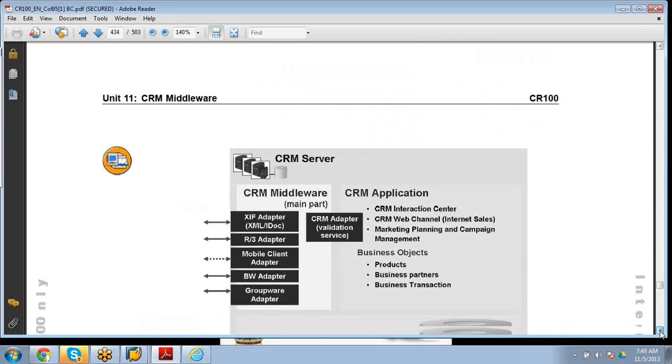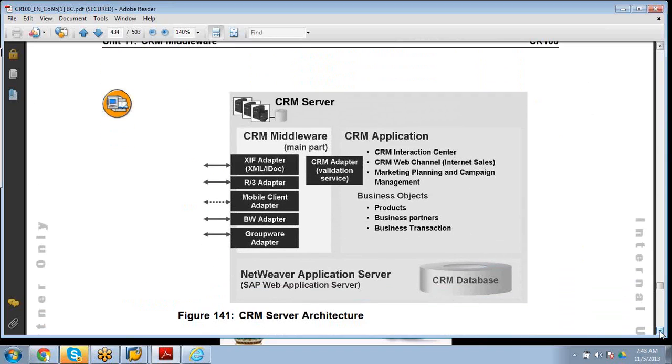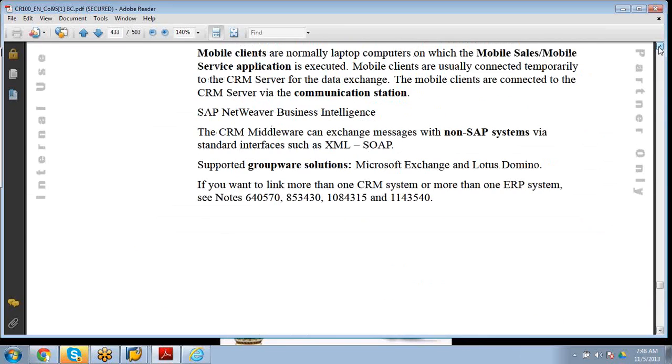Actually, there will be certain SAP notes. Further, when we are in the implementation, if you want to know how to link to the ERP system and how to prepare the system, these notes will have step-by-step prerequisites to be done.